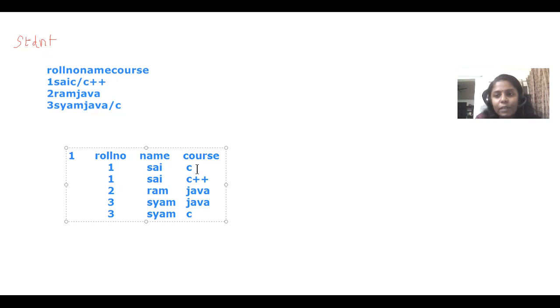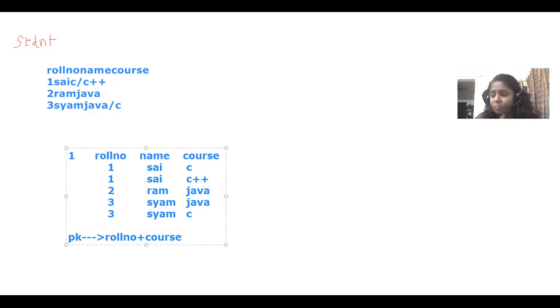But course it will be unique. Correct? So we can select roll number plus course as a primary key. What will be the primary key here? Roll number plus course. So this is one way we can make it into the normal form.